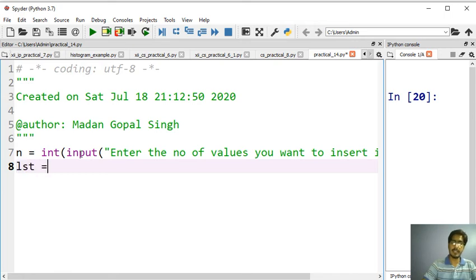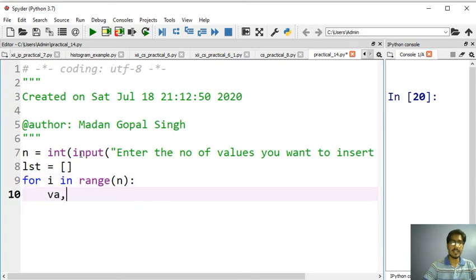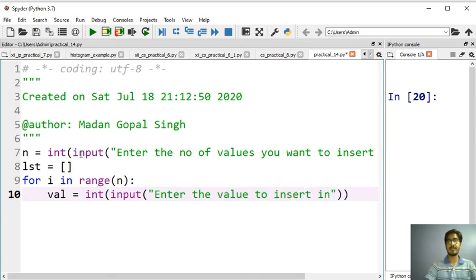Now I will create a list variable that is blank, and then I am going to use a for loop: for i in range, and I will pass n here, then take the value from the user as an integer, input, enter the value to insert in the list.